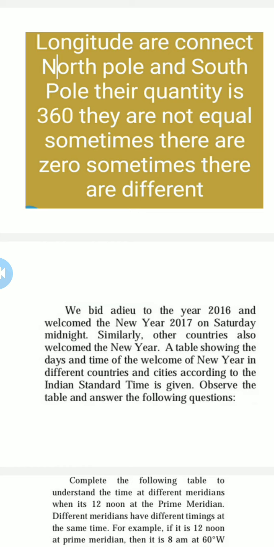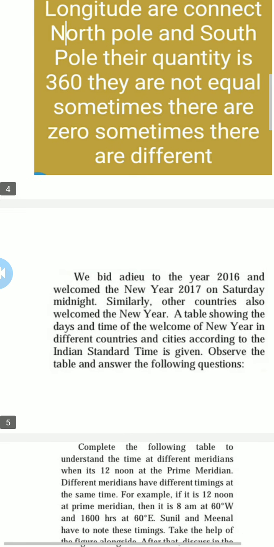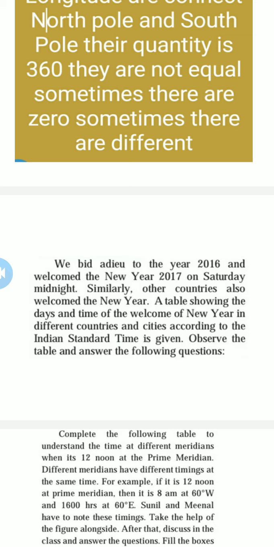In that you have to see when we are celebrating 31st of December every year. If you take 2016, we are celebrating 31st December 2016 and the next day we are going to enter 2017. So we will welcome 2017 at 12 a.m. Yes, exactly 12 a.m. we are welcoming 2017. Likewise, if you see the table, there is always a different time written.